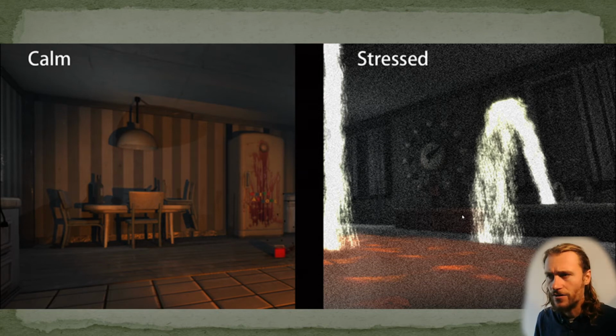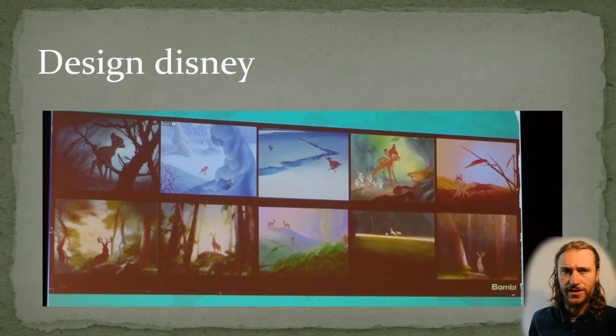And you can think of all aspects like fire, wood, metal, and all these aspects also address certain emotional responses. We won't go through all of them, but you can do your research on this and be aware of what you are using and how you are using this in your levels, in your designs. And Disney is very good at this. Here's a little example of a shot